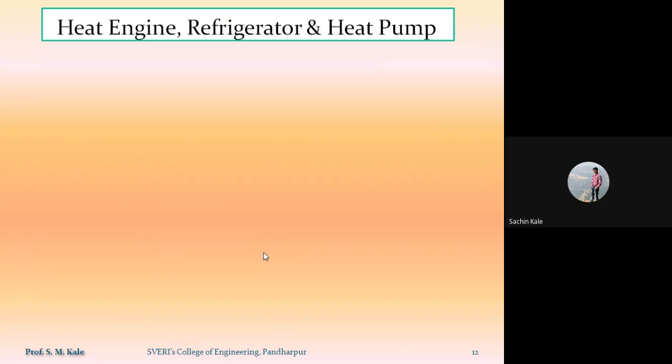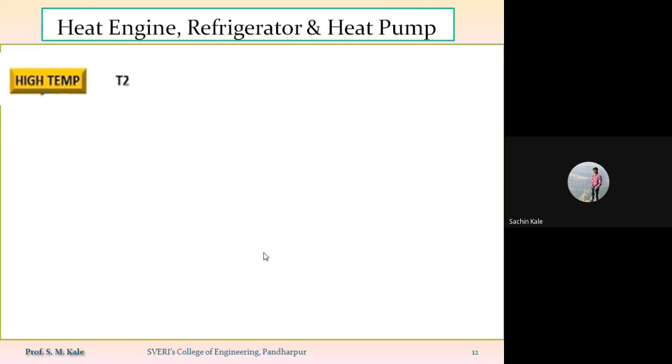So as we know, in case of heat engine there will be two bodies. First body will be called a hot body, second body will be called a cold body. So suppose we have a high temperature body, and suppose the initial temperature of that high temperature body is T2. So we are absorbing the heat